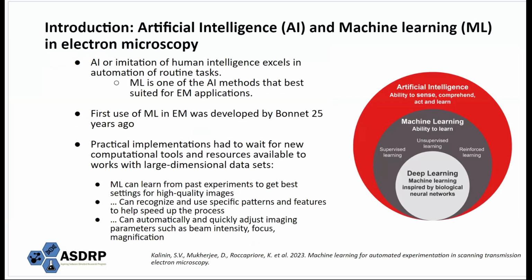All right, so narrowing it down into our project and the use of AI and ML in the field of electron microscopy. So AI can roughly be described as the imitation of human intelligence in non-human operations. And one of the best implementations of artificial intelligence is in the operation and automation of routine tasks. And ML is one of the AI methods that is best suited for these applications onto the electron microscope because of the fact that